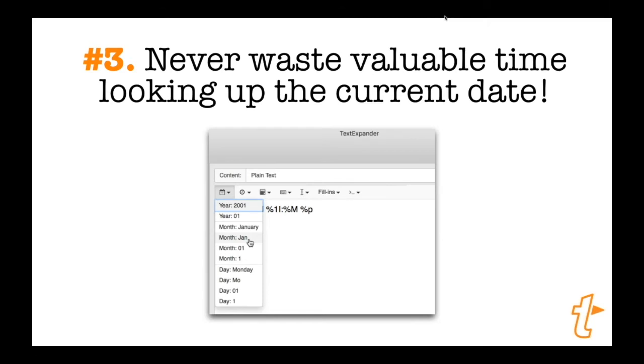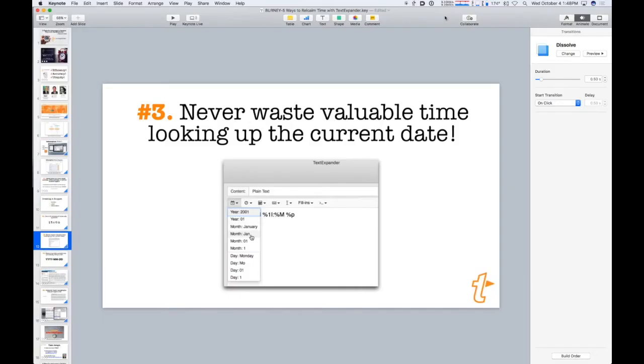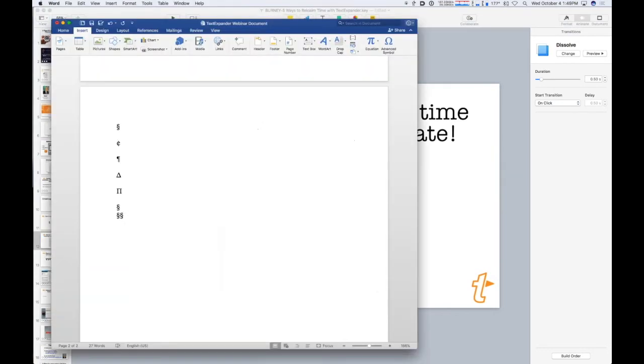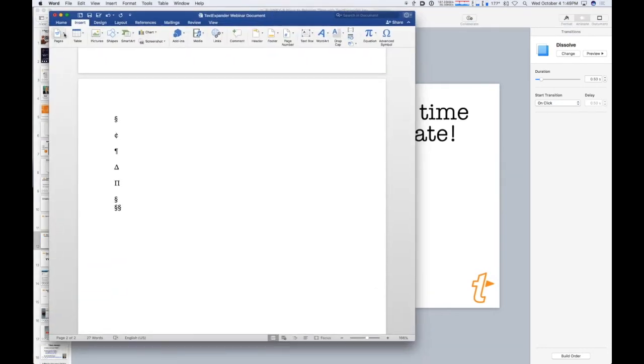Never waste valuable time looking up the current date. One of the things that TextExpander has built in is, I think, what they officially call date macros, but I think of it as date magic, honestly,